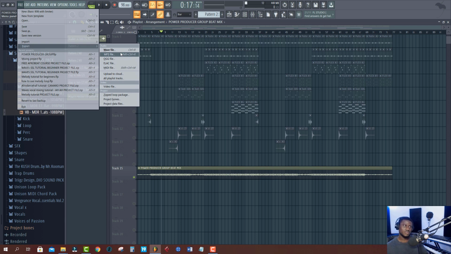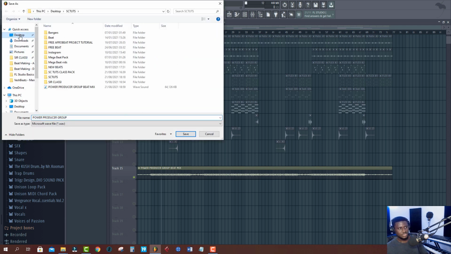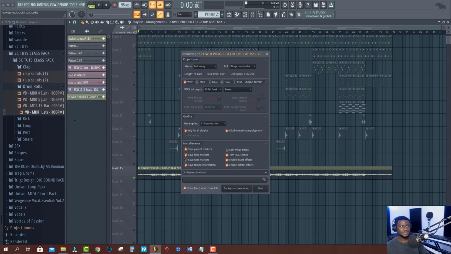So let us use wave still. You can even export it as both files. Let's say I export it as wave, Producer Power Group Beats Mastered. Then I can also click MP3 as well, and I'll take it to the highest, which should be 320 kbps, so it will export both wave and MP3 for me. So when I click export,